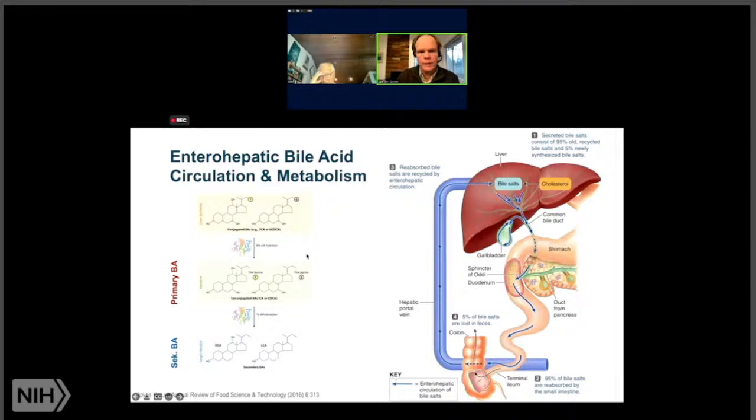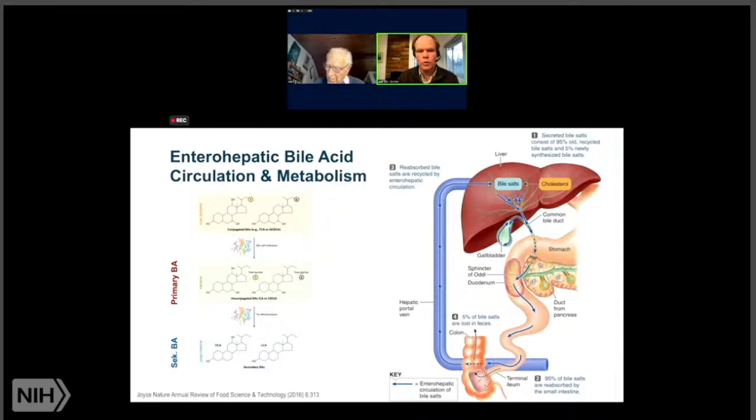Conjugated bile acids are released. A bile salt hydrolase metabolizes the bile acids into primary bile acids. And then the primary bile acids are metabolized into secondary bile acids by a specific 7-alpha dehydroxylation step. And this is done by commensal bacteria. There is actually a specific Clostridium species that is responsible for this step of metabolizing primary bile acids into secondary bile acids.